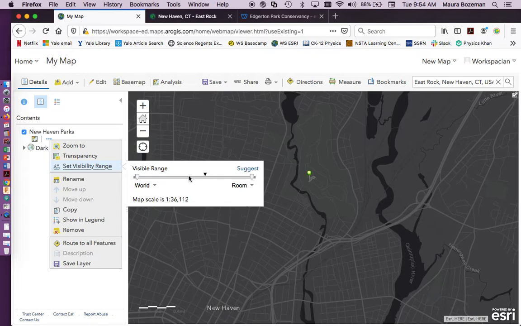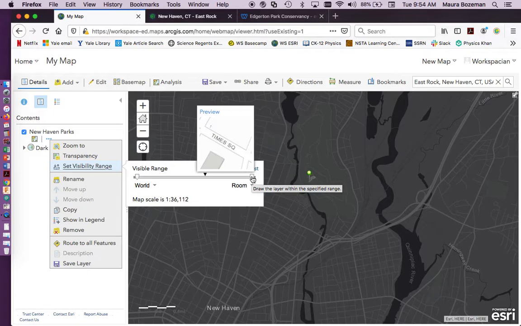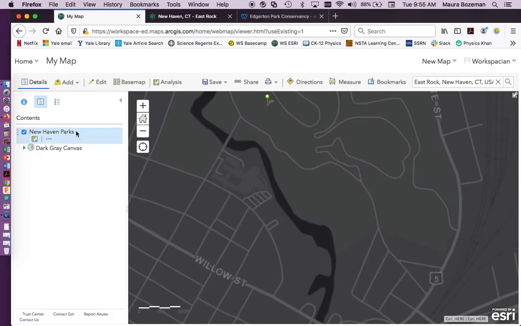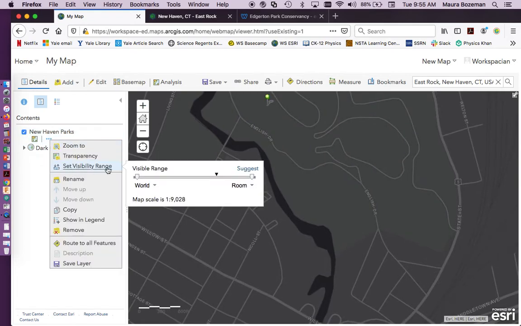And so right now, our map scale is 1 to 36,000, so it's related to, I believe, pixels. If I want my points to always be visible, usually I'll have it set at defaults. They're always going to be visible. But say I don't want them visible. So this is where we currently are, and if I zoom in, my visibility is a little closer. Say I don't want my points visible all the way up here. I only want them visible